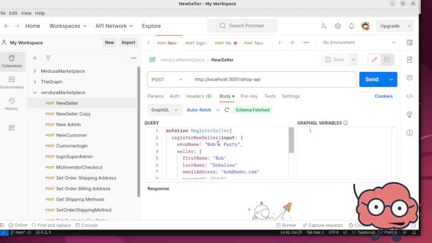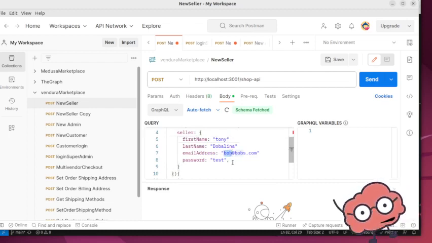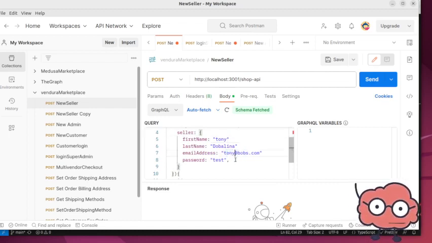We're going to change things up just a little bit because I've been testing and reusing the same database, and I don't want things to overlap. So instead of Bob, I'm going to switch it to Tony, Tony at Tony's. And then we're going to create two users. The second user will be